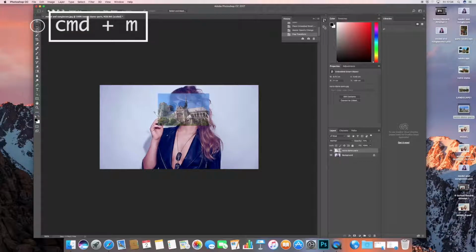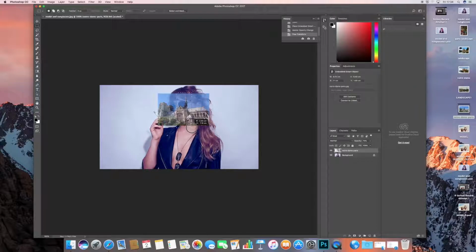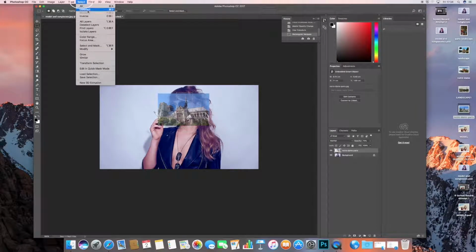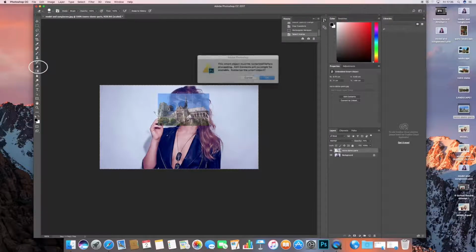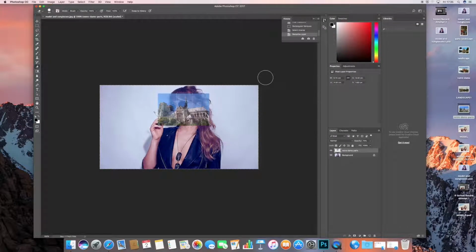Then using the marquee tool, Command M, I'm just going to be selecting the area that I need in this edit. I don't really need the rest of the image, so I'm just going to go to select and then click inverse. Go to my eraser tool, click on my image. It'll ask me to rasterize the image and just click OK. And just erase the rest of the image that's not really necessary in this tutorial. Then we want to go back to select